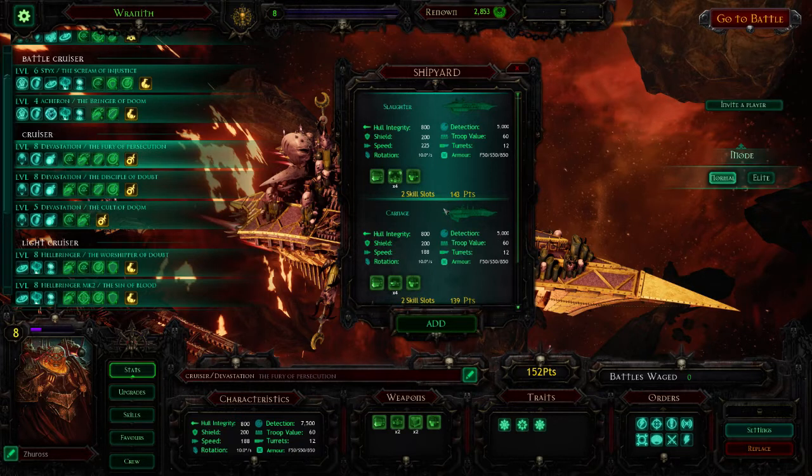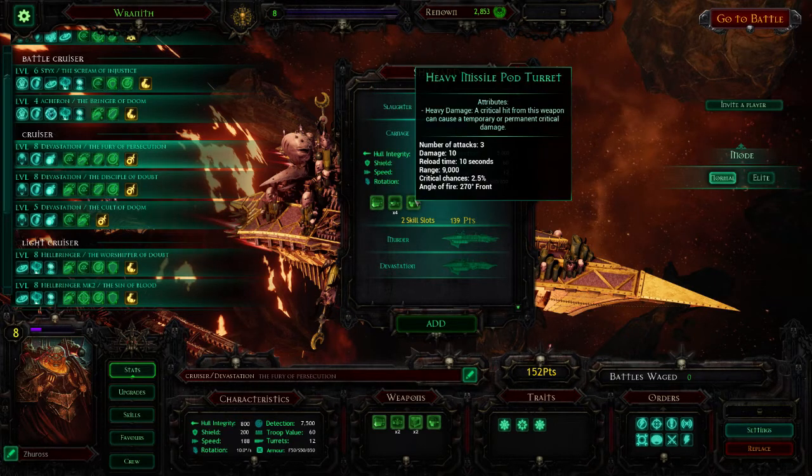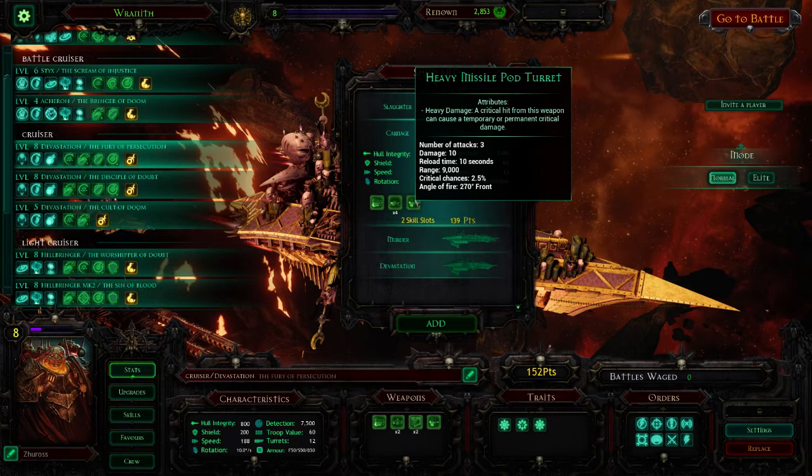Right, so our next one is the Carnage. If we just have a quick look, you will see that the only real difference here is the speed, and this is the more standard speed for cruisers of 188. Up top we have that heavy macro and the heavy missile pod, which, as you can see, start doing some quite decent damage at this size. 3 attacks, 10 damage each is quite decent,